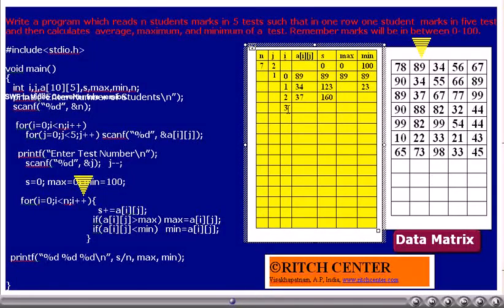The i value will be incremented by 1. Is i less than n? Yes. A[i][j] will be added to s. Is A[i][j], 88, greater than max? No. Is it less than min? No. Thus, no action will take place.